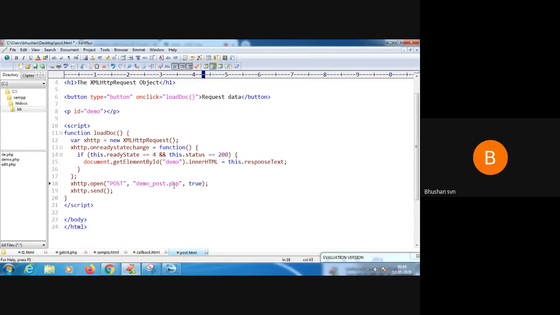In the PHP file, I would have written code to display the date, you know, the typical date functions. So that specific line of code would be written to display today's date. When I click on request data, that will go to the PHP file.